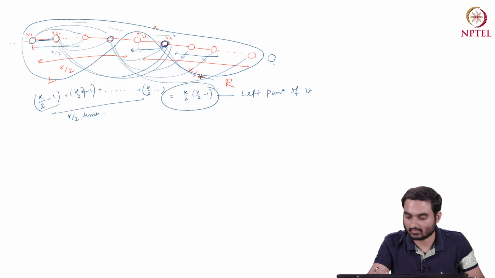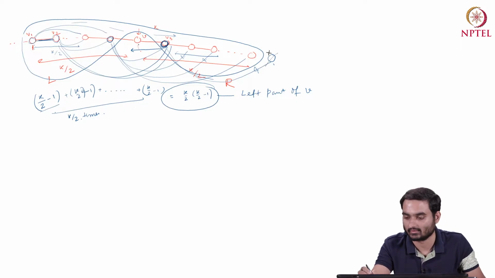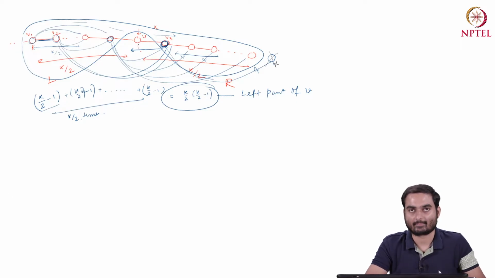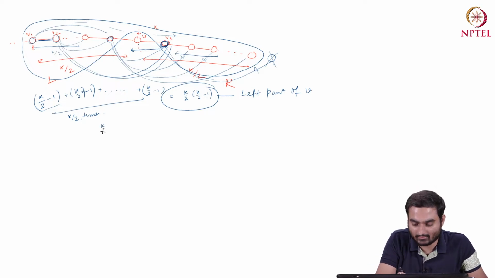So this edge will also be connected to V3, but this edge will not be considered while calculating the local clustering coefficient of V, because this node is not a part of the neighbors of V, right? So how many edges will be considered in that case? K by 2 minus 1